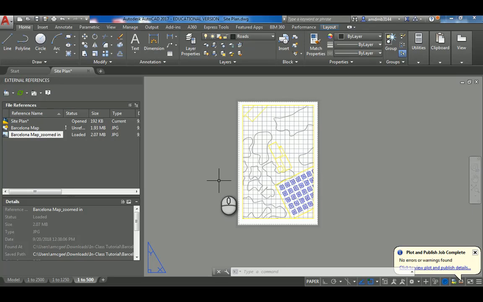If we were to do it out of RHINO, basically the make 2D export in RHINO is a slightly different command than you can plot out of RHINO as well, but it's just a less